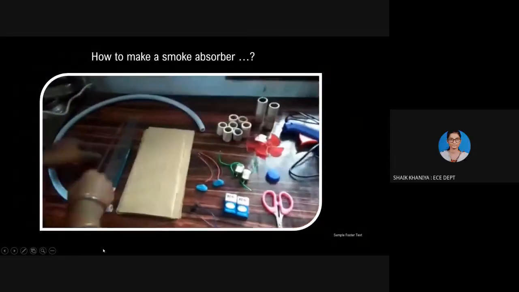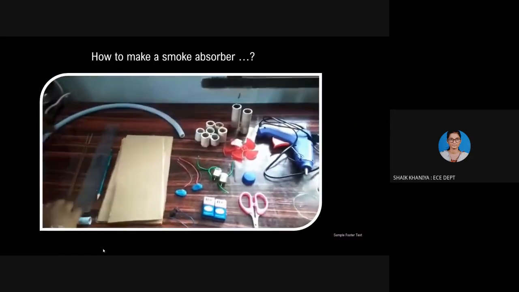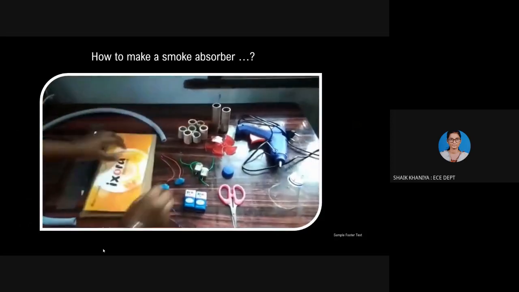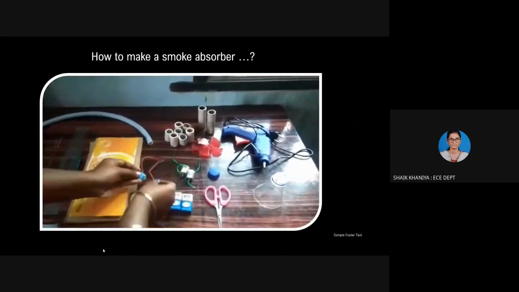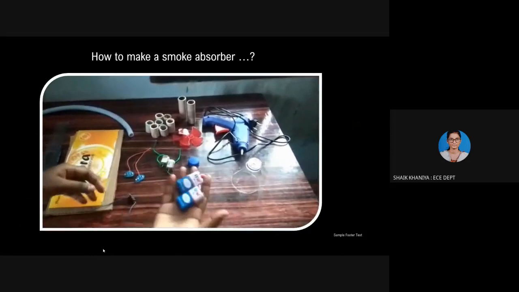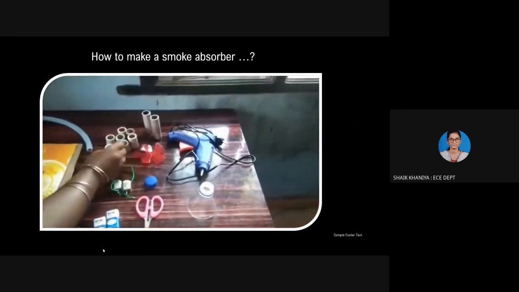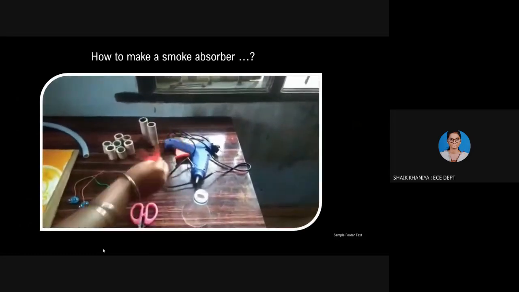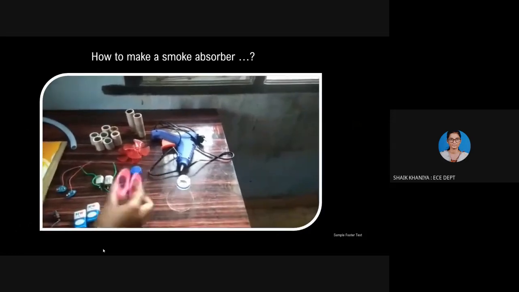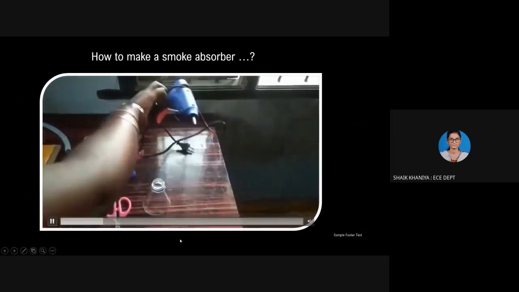Now again, let's recall all the materials required. Here we are taking a scale, a pencil, agarbattis, and a pipe, that is a spring pipe, the cardboard sheets, the battery wires, a switch, two batteries, and two DC motors, the PVC pipes, the toy fans, and a plastic bottle, a scissor, and a hot glue gun. Now let's start the experiment.